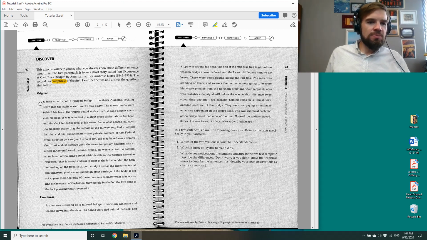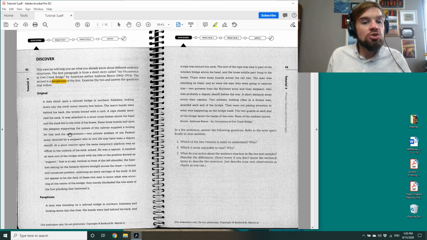So here's the original. A man stood upon a railroad bridge in northern Alabama, looking down into the swift water 20 feet below. The man's hands were behind his back, the wrists bound with a cord. A rope closely encircled his neck. It was attached to a stout cross timber above his head, and the slack fell to the level of his knees. Some loose boards laid upon the sleepers supporting the metals of the railway supplied a footing for him and